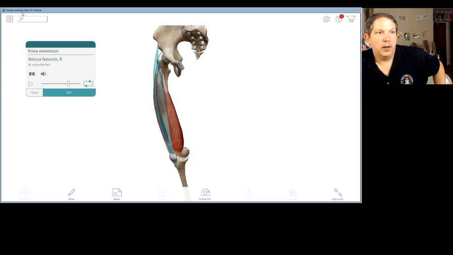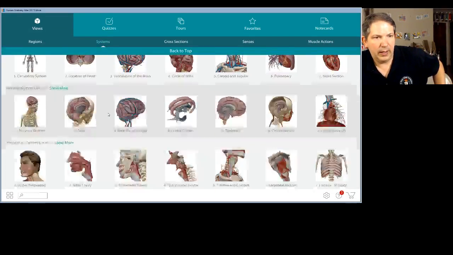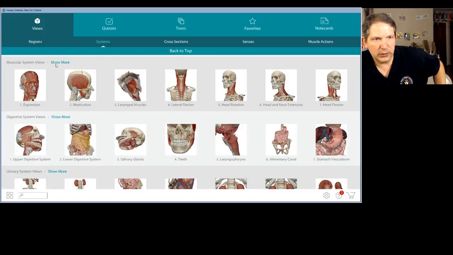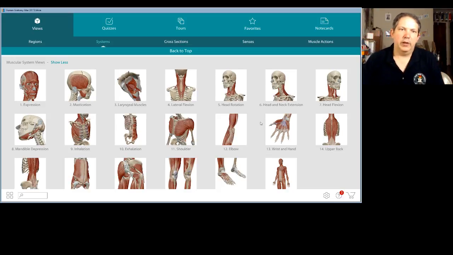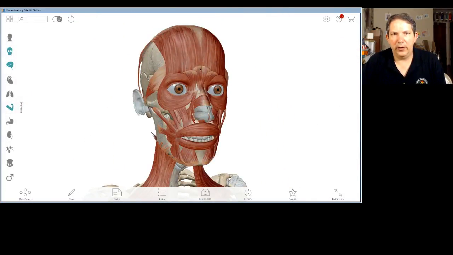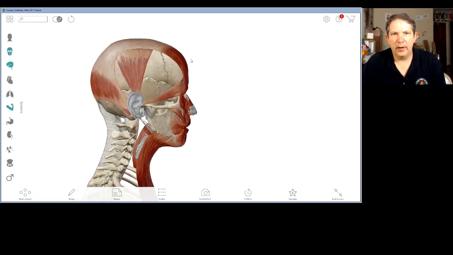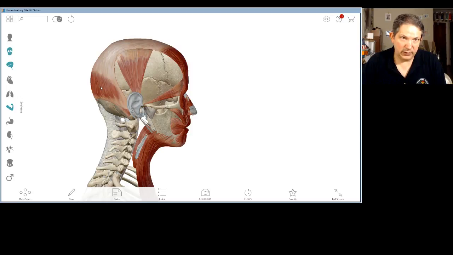Okay, going back to systems view and looking at muscular systems. Let's just go through. I'm not going to try to animate motions anymore. Let's go ahead and do muscles of expression, muscles of mastication, just to name them and not do more with them than that. This is your frontalis muscle, but this is the occipitalis muscle, and you can see that there's